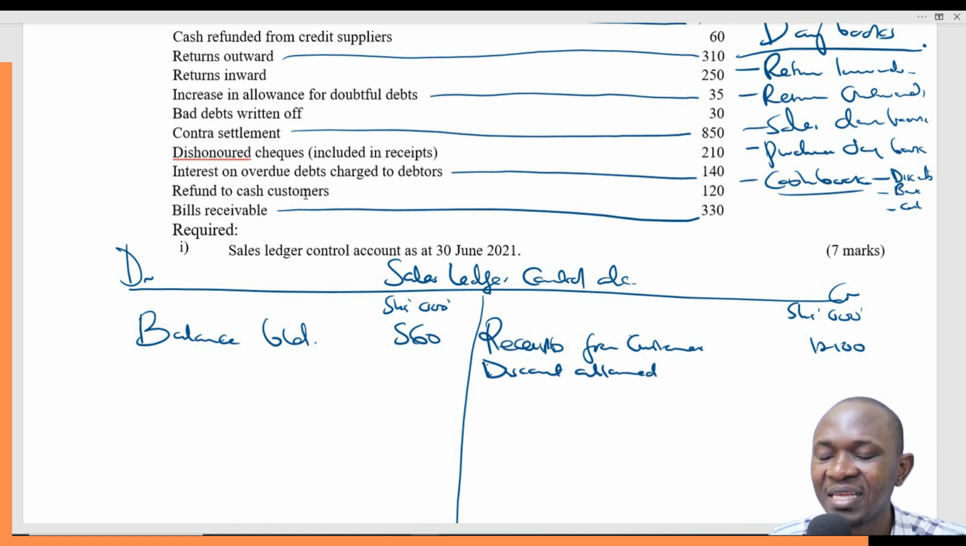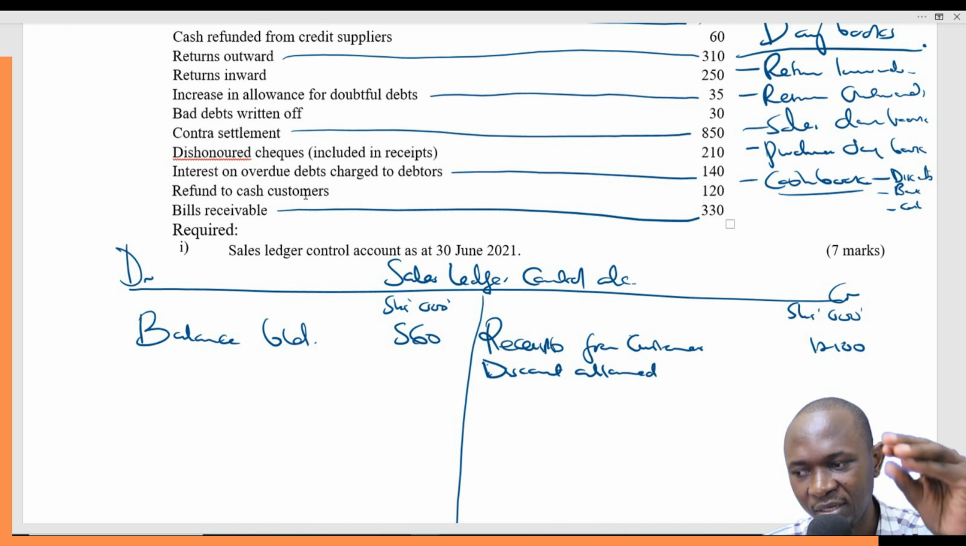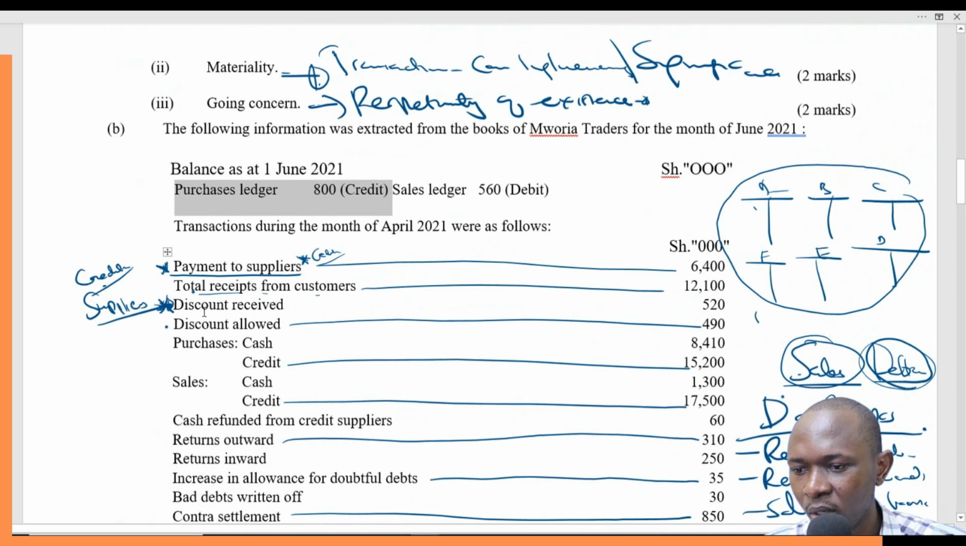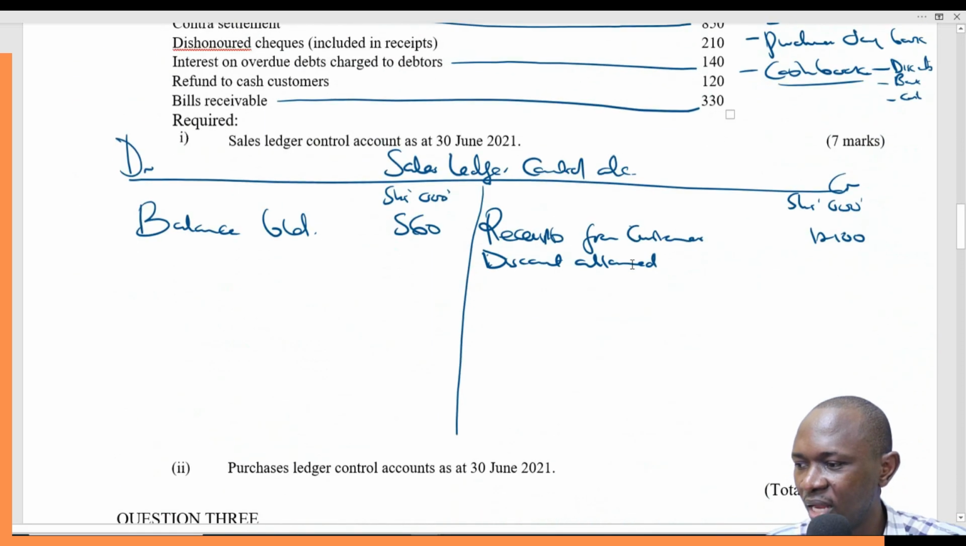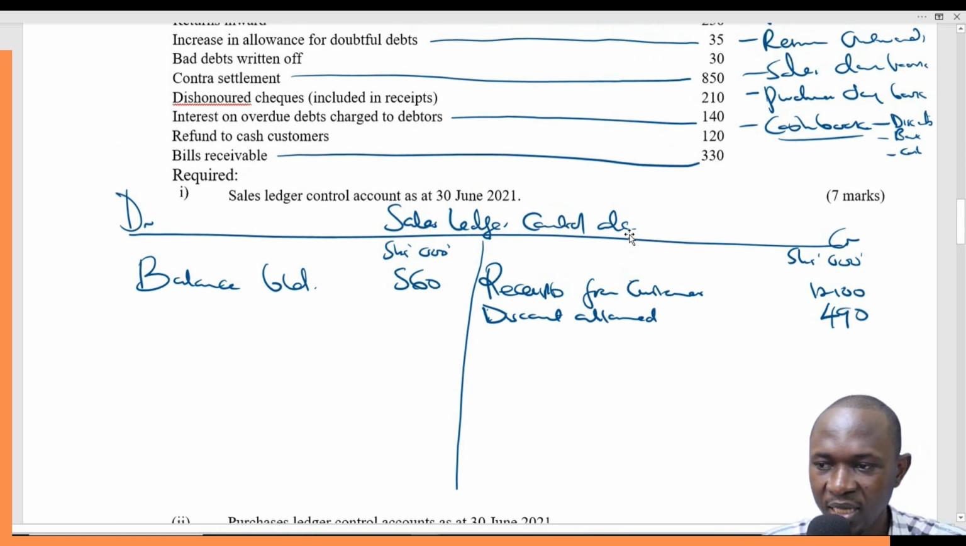It reduces the debt. They were supposed to pay us 200, but we allowed them a discount of 50, so they are supposed to pay us 150. Are you seeing? We are reducing the debt by the amount that we are going to allow them as discount, which is 490. So 490, like that. And then we go to the next item,